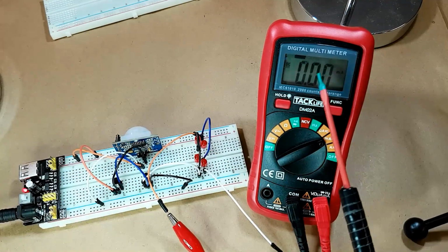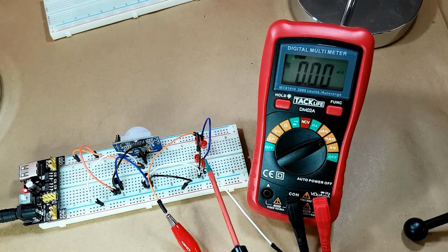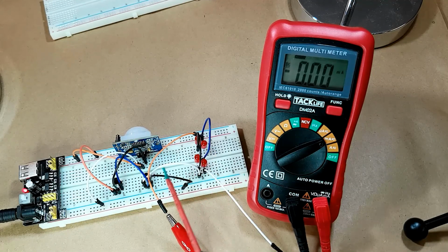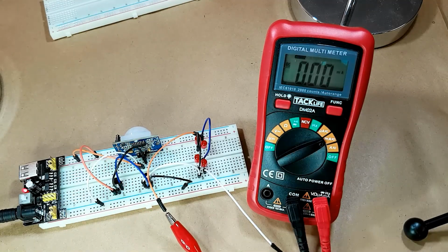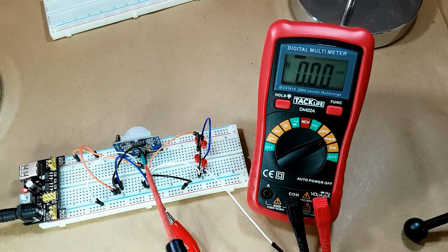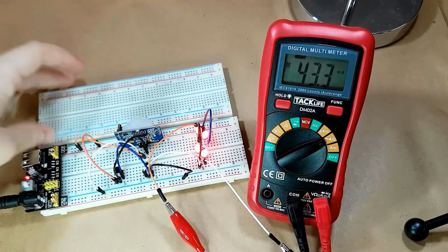This probably isn't reading the total circuit power. And that's because where we're hooked up, it's only going through the LEDs, and then it will be leaving through this transistor. It's not actually coming through all of the other circuitry. So that's another thing that I have to test and figure out, is how much the total power draw of everything here is. I think the easiest way to test and see what the total power draw is going to be is actually going to be to